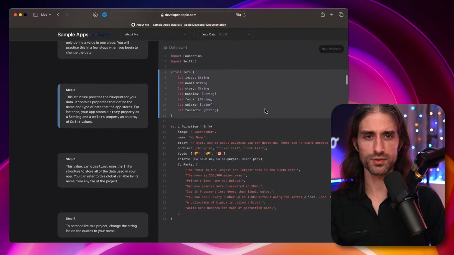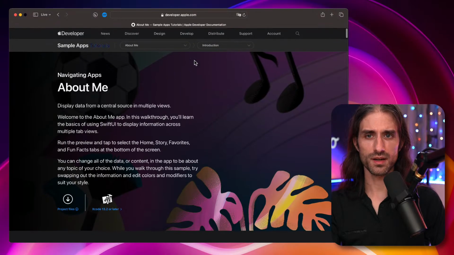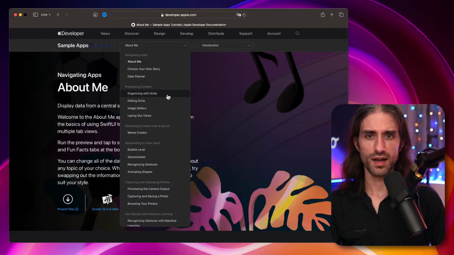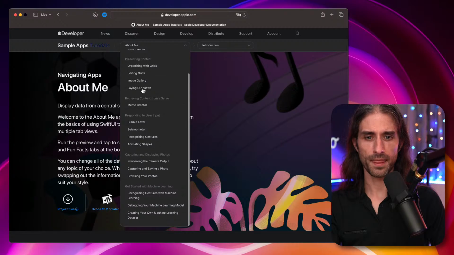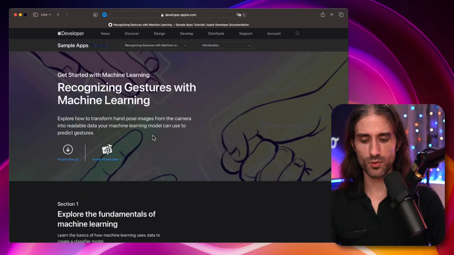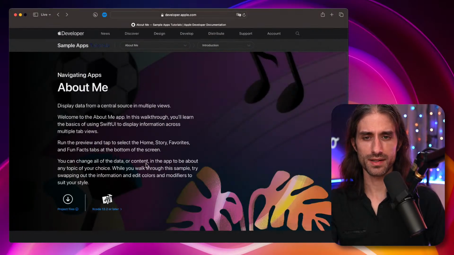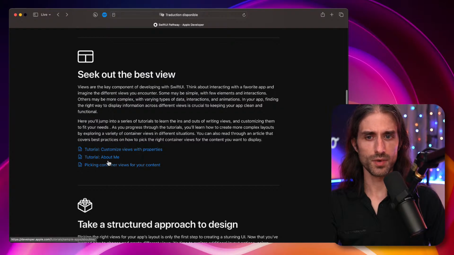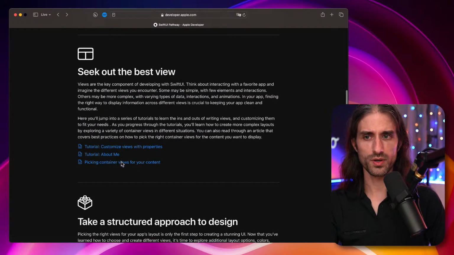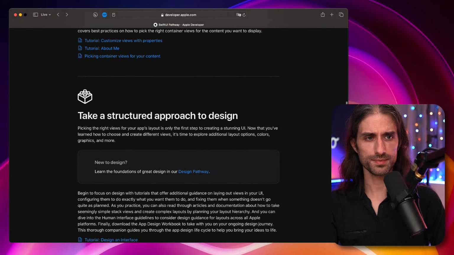No, there are no previews. But this reminds me, I don't know if I've done all of the sample apps, but I've done some of them, and they are really great. And there is even one about machine learning. Yeah, maybe I should. I've been wanting to do a Core ML live stream for a long time, so maybe I will have a look at that. But these tutorials are great, so I would really recommend that you check them out.